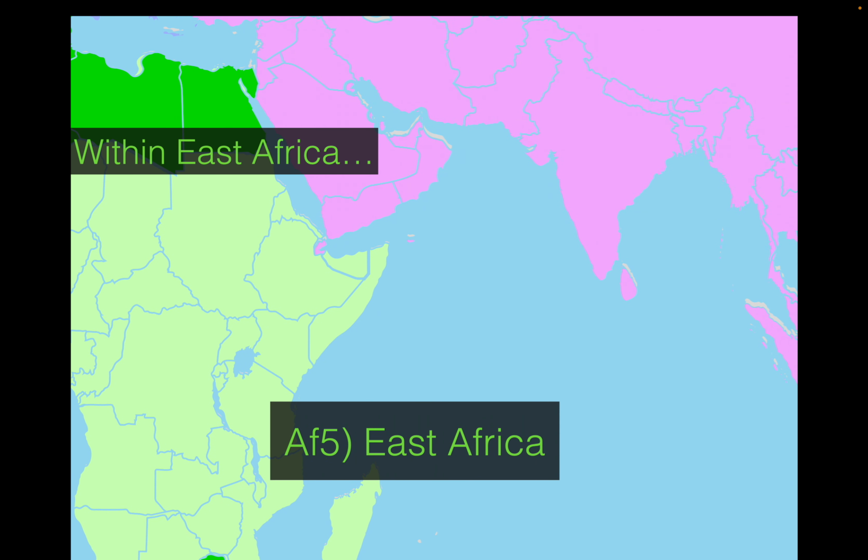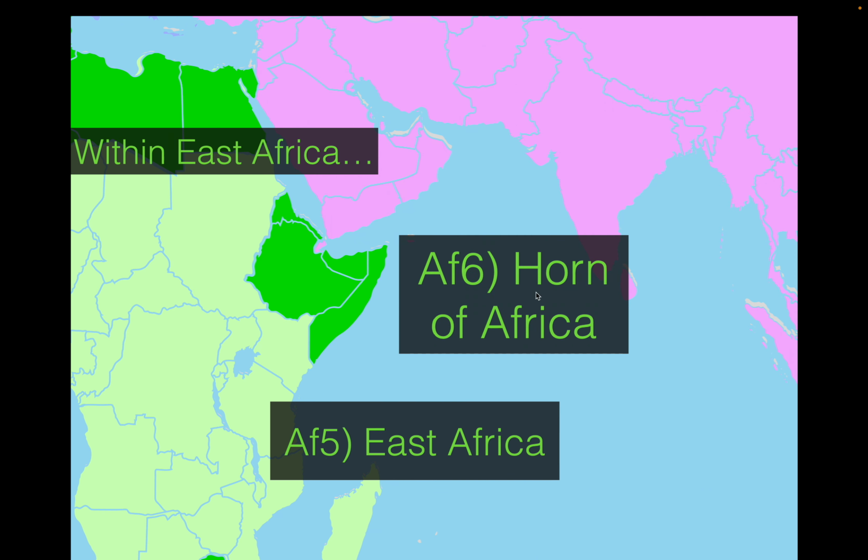Now, East Africa, you can divide further, especially this part over here. You see it looks like a horn sticking out, right? It's called the Horn of Africa. Now, why do we pick out the Horn of Africa? Because when it comes to development and food consumption data, the Horn of Africa is usually the worst. They are one of the poorest regions and have one of the lowest food consumption levels in the data.